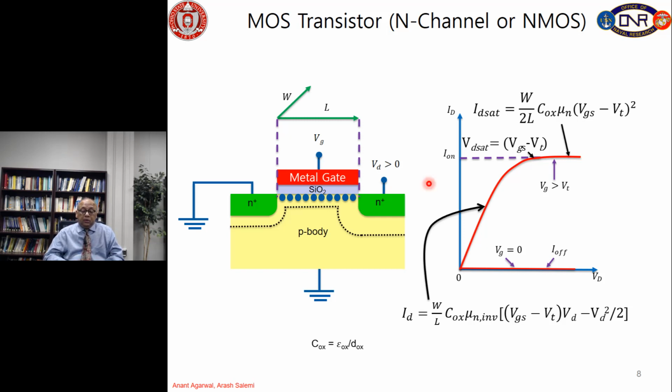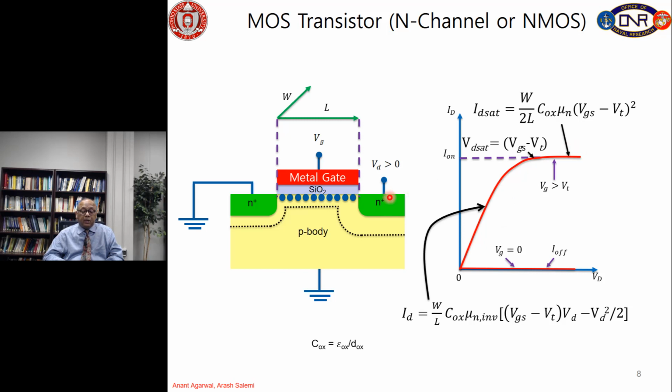Now, the MOSFET characteristics for gate voltages greater than the threshold voltage look like this. They are initially linear and then they saturate,